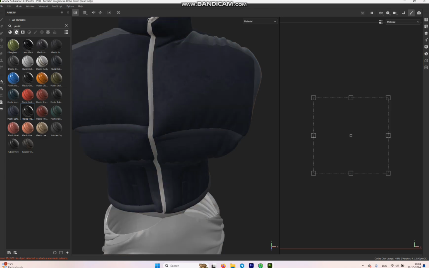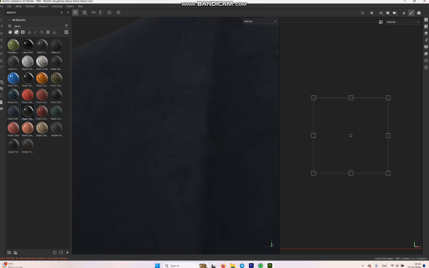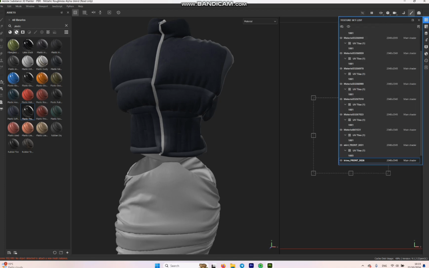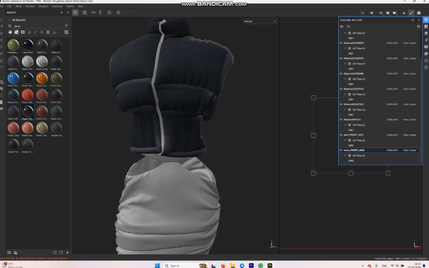And another thing, if you want to rotate this, you can hold Alt on your keyboard and left click. Substance Painter is not only about texturing, you can also give it some customized logo, some customized writing, anything on it. This is a very interesting thing, but for that purpose, we need to just go to the UVs, and from